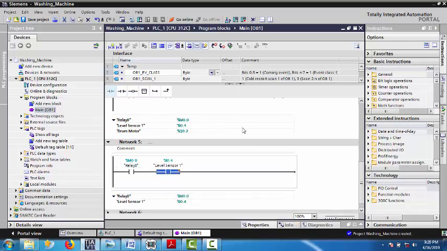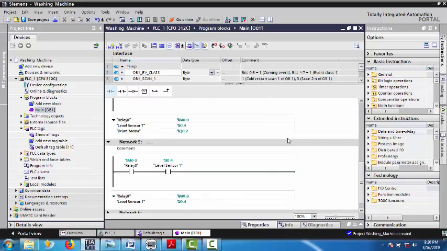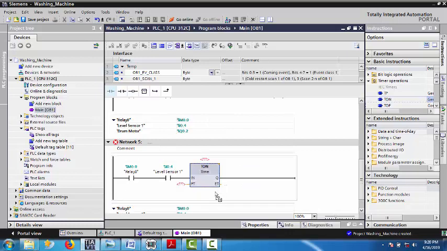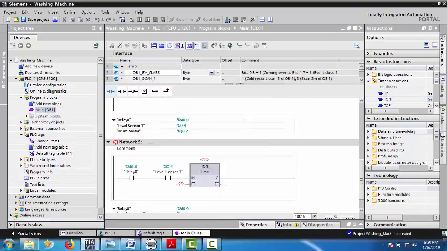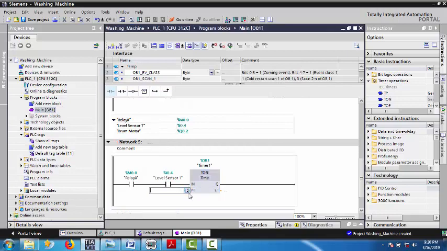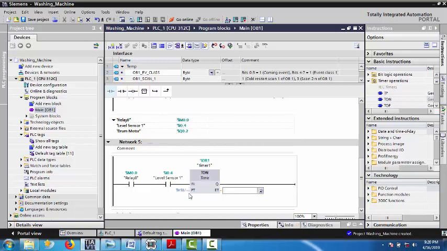Okay, so as soon as the first level sensor is sensed, what happens? The motor starts spinning. As soon as the motor starts spinning, you should also turn on a timer. We'll name this timer 1, and it is 300 seconds. T hash 300 seconds. In exam, you can write just 300 seconds. Okay, it is showing 5 minutes.